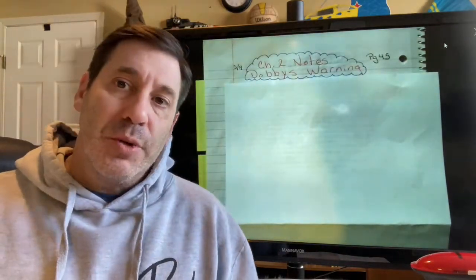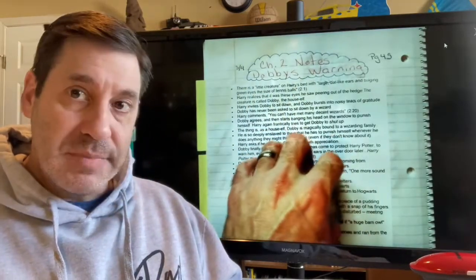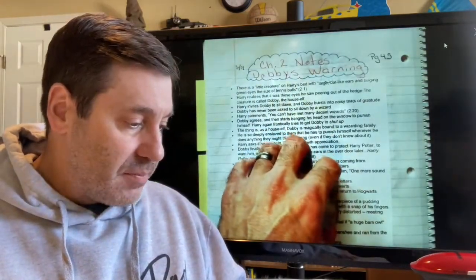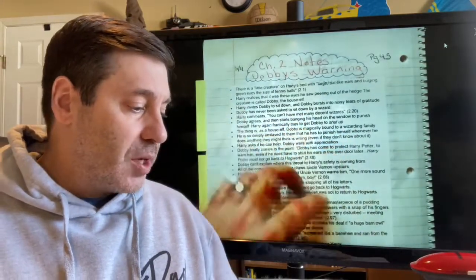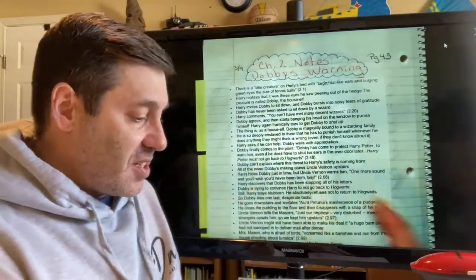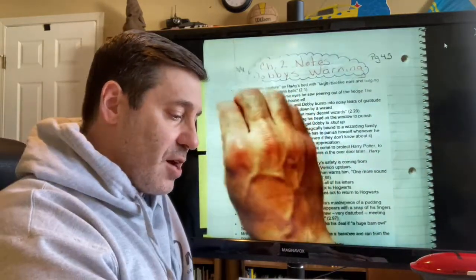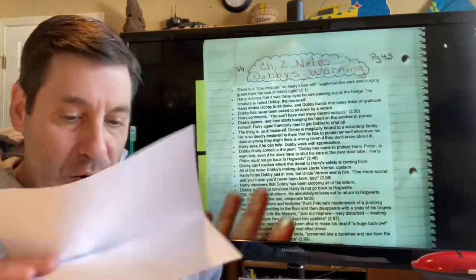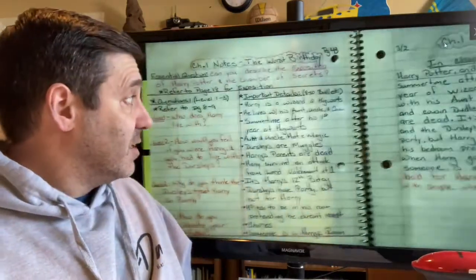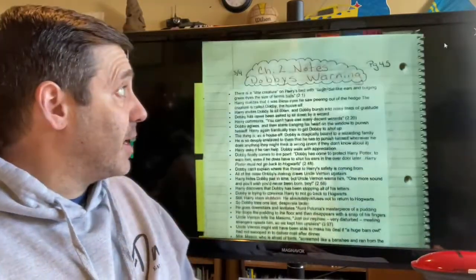Now, if you were doing a web, your title would not be at the top. It would be in the middle. Or if you were doing just a web, your title would be in the middle. Okay, if you're doing Cornell notes, you are going to have to set up your Cornell notes with your big I, and you have your section for questions, section for notes, and a section for your summary. Okay, so if you're doing notes like that. If you're doing a timeline,